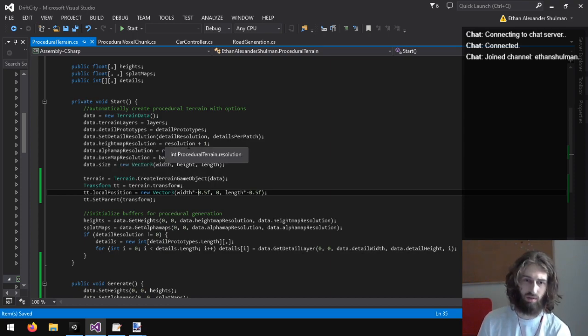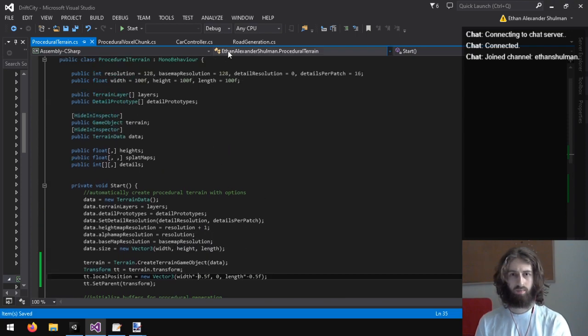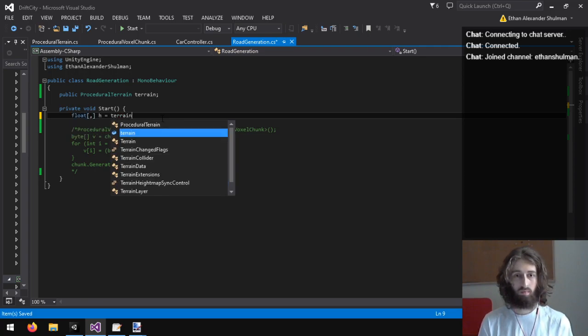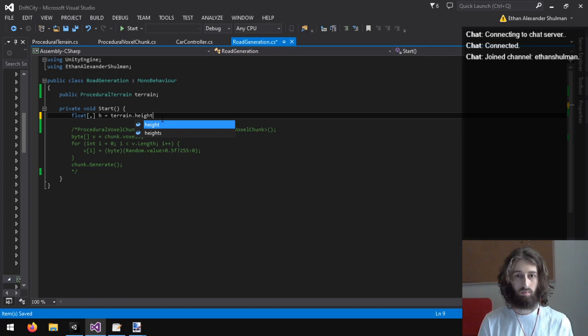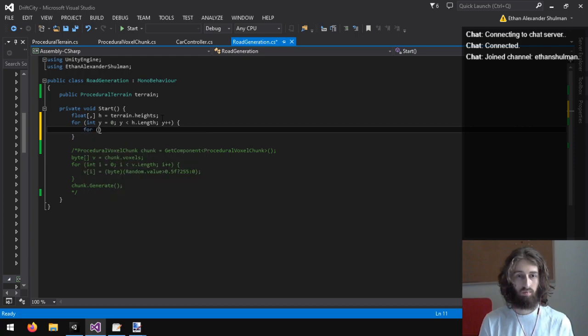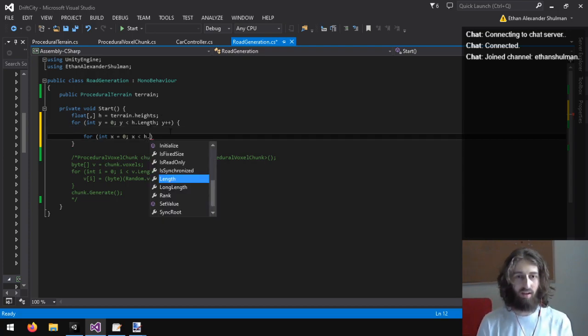Height map resolution is resolution plus 1. Wait, how do I get the other length?